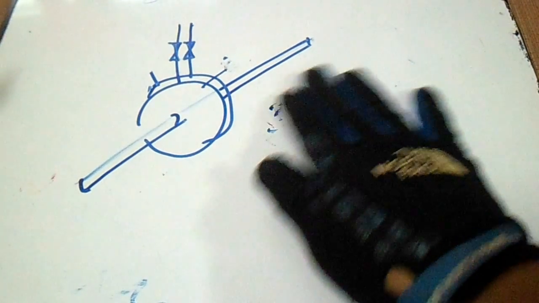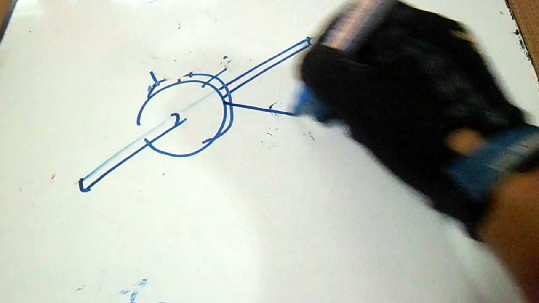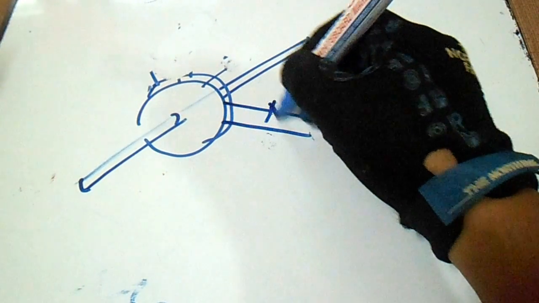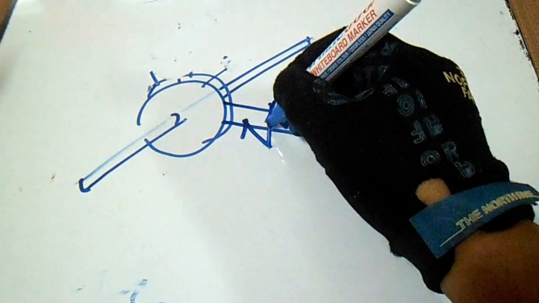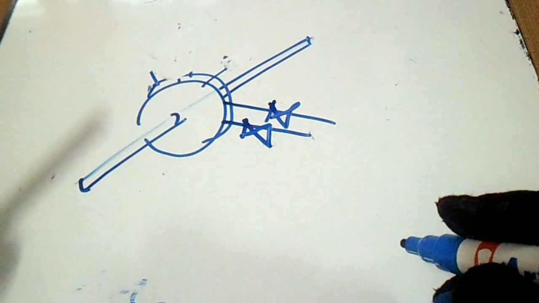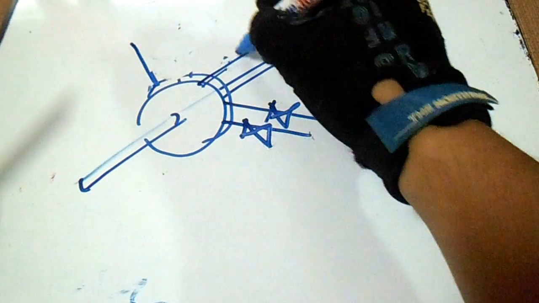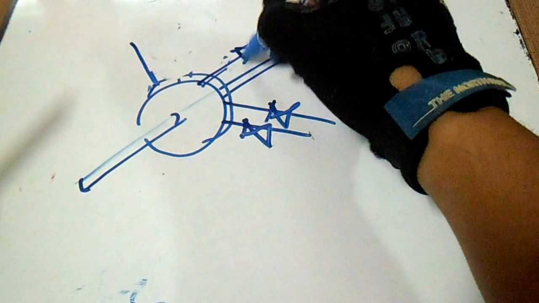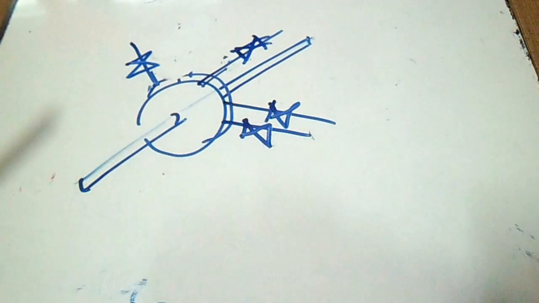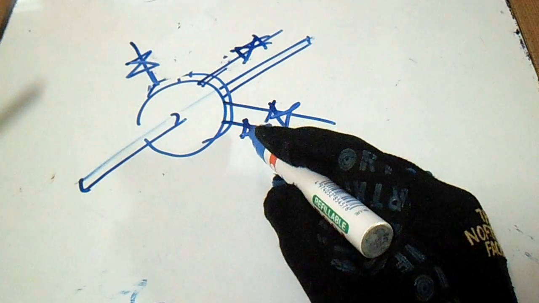Now we have also a stem. So the position of the stem is from the side. So this is the position of the stem. This is also a standard. So we have an alternative. The alternative is 30 to 45 degrees. So this is the alternative for the stem, and this is the standard for the stem.